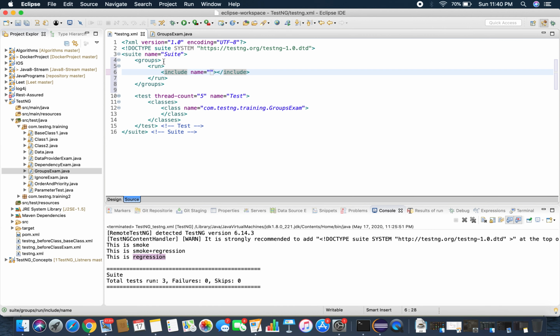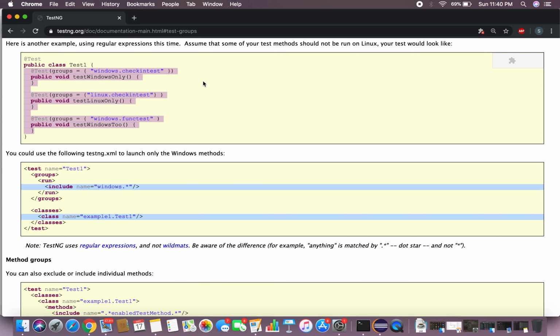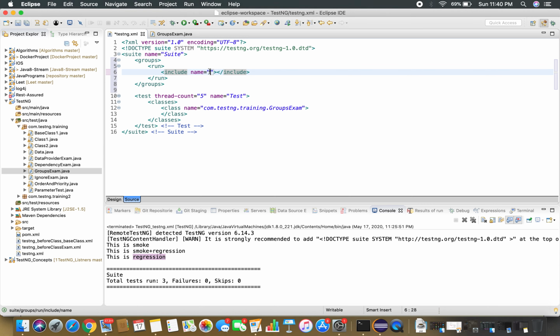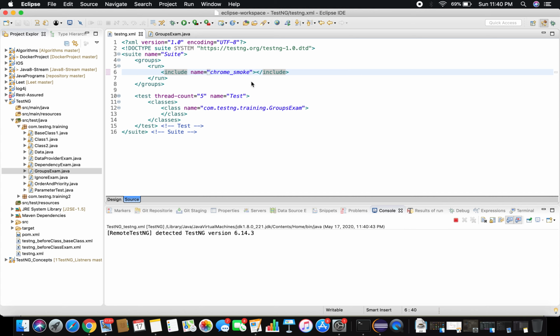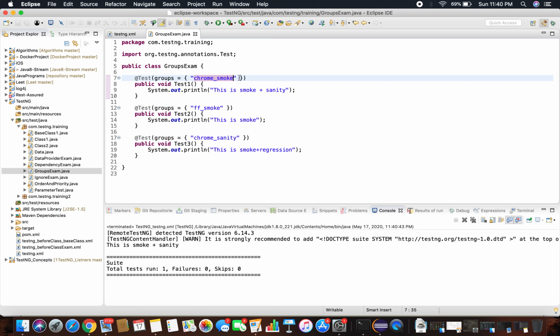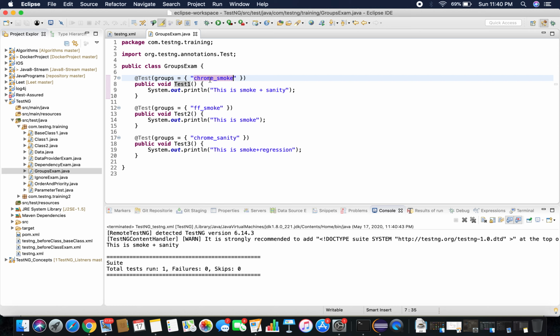If you want to include this particular Chrome underscore smoke, you need to provide Chrome underscore smoke and you will execute. If you run this, you will see this Chrome underscore smoke, this particular test gets executed because you have given only one group under the include section.